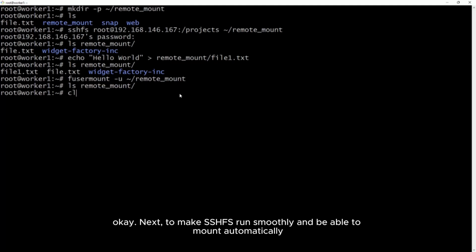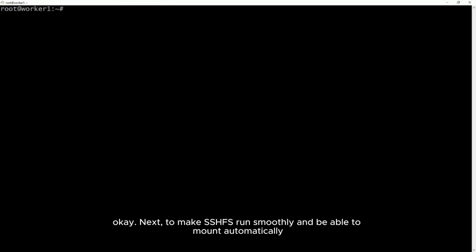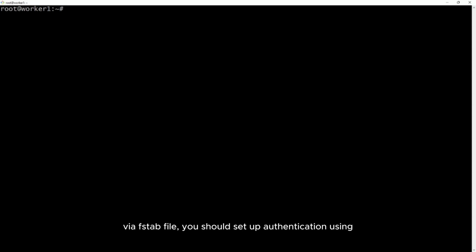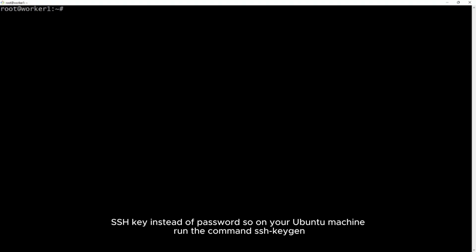Okay. Let's make SSHFS run smoothly and be able to mount automatically via the fstab file. You should set up authentication using an SSH key instead of a password.